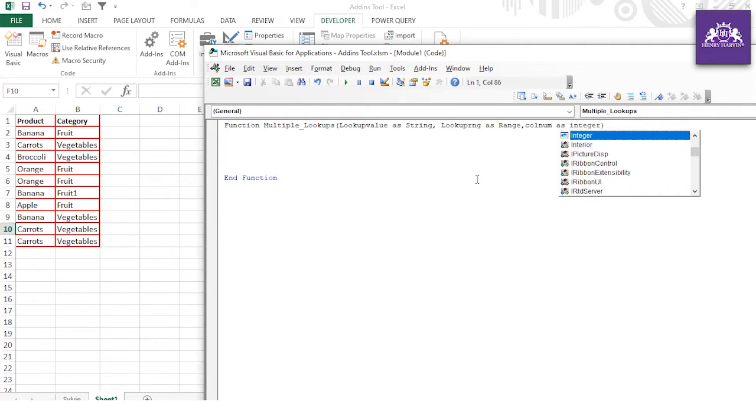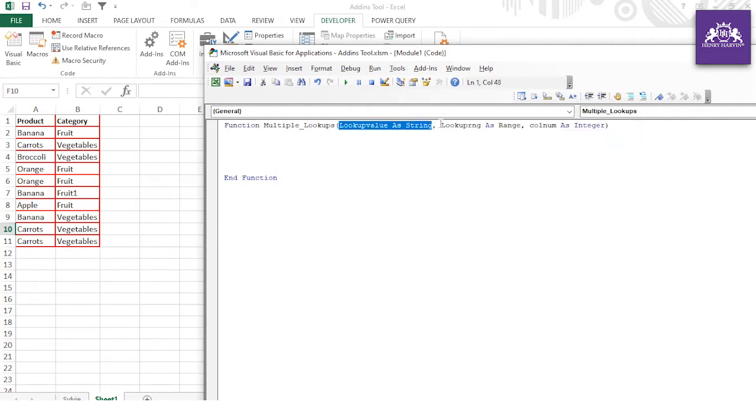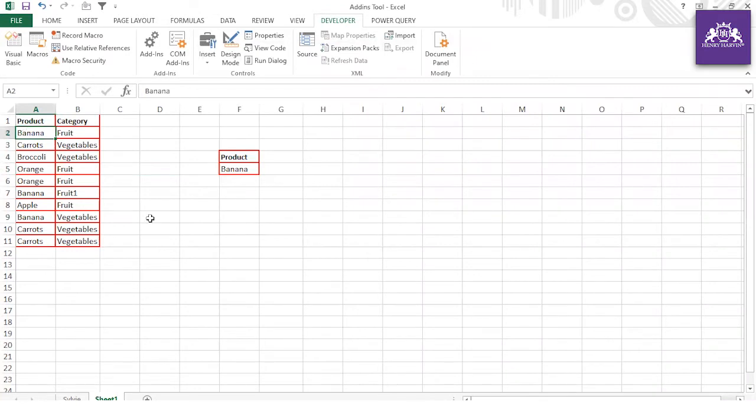These are the arguments we have to supply before we use this function. To get multiple lookups for a particular product, we have to give all three values, because we need what we are looking for, where we are looking for, and what output we are getting.